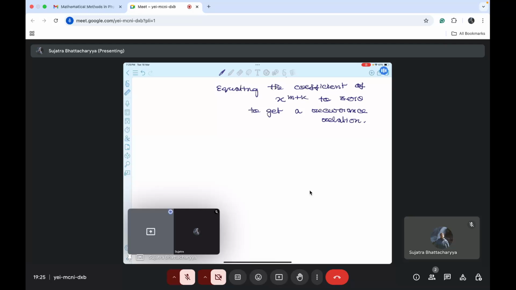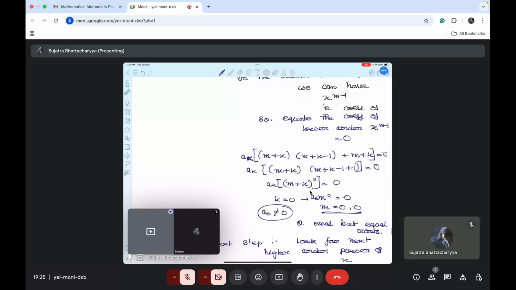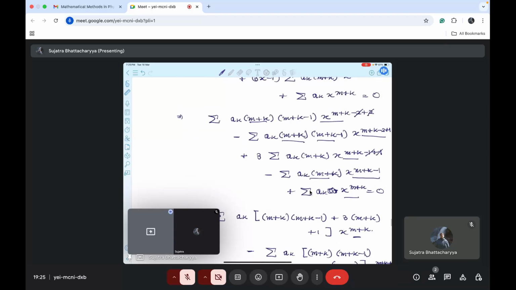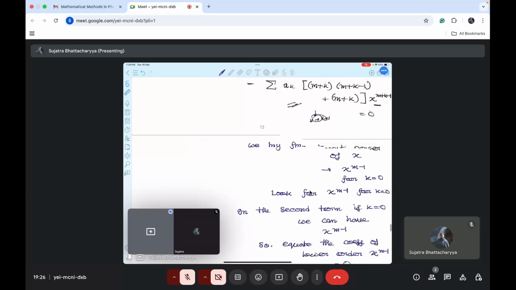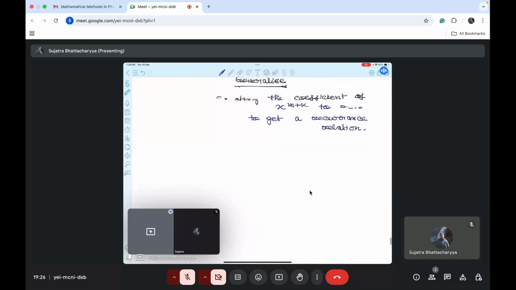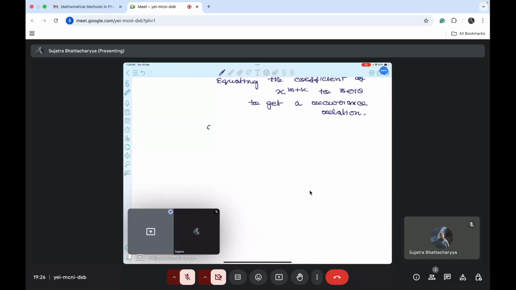So how will we do it? X to the power m plus k, right? So you have the original equation that we have written. Yes, this one. This is m plus k minus 1. This is m plus k. So in this case, we can write it as it is, but in this case, we have to do k tend to k plus 1. So I am writing this again, and you will understand. Our final expression was